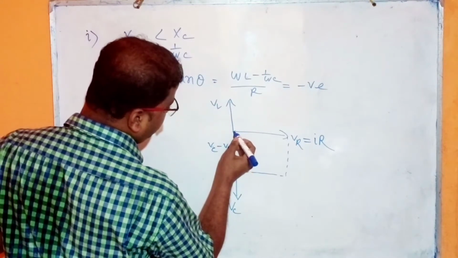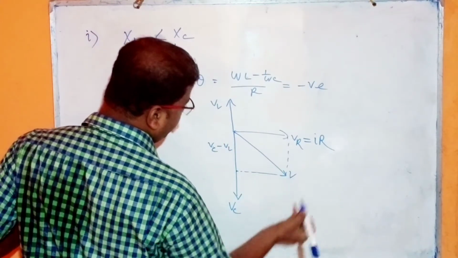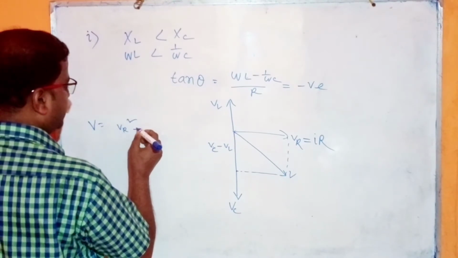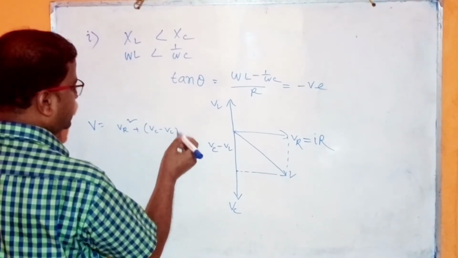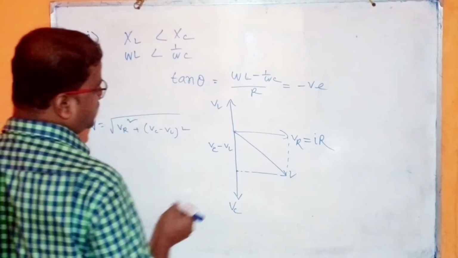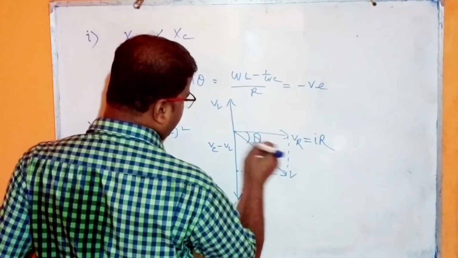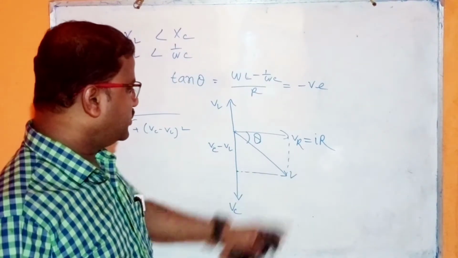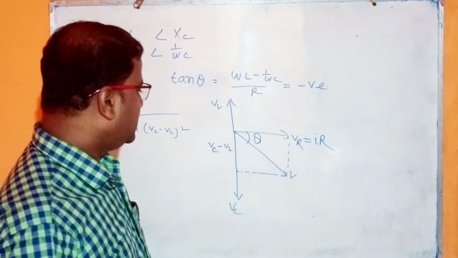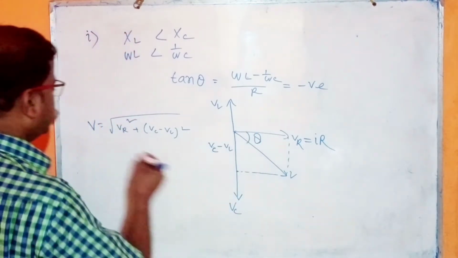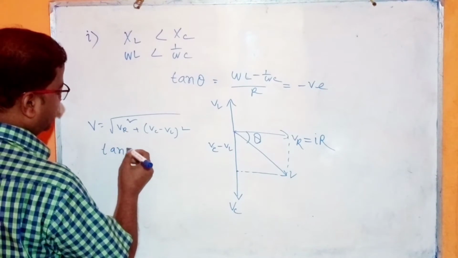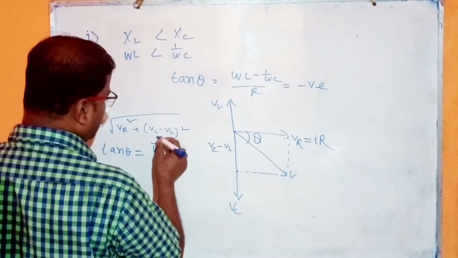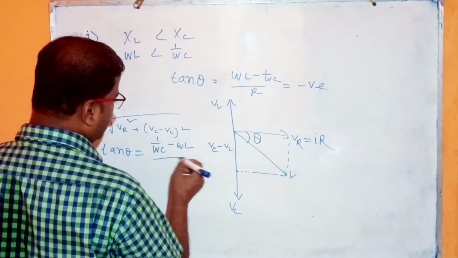The total voltage V equals the square root of VR square plus (Vc minus VL) square, and this is the angle theta. This means that in that case the voltage lags the current I through an angle theta, and this tan theta is given by